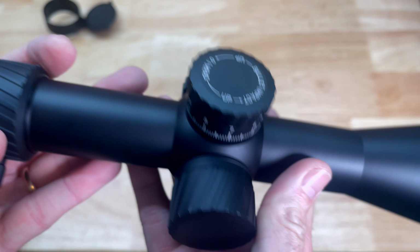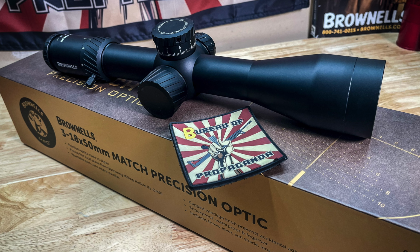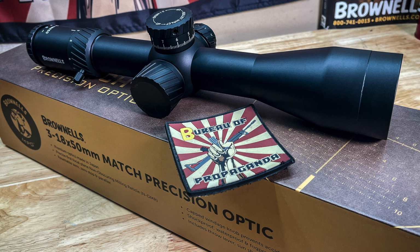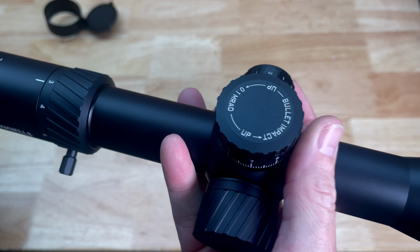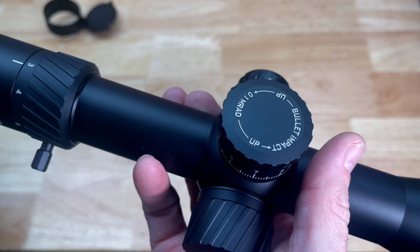This is a 34 millimeter tube, so it is a very large tube. It's not a lightweight optic. It does have a little bit of heft to it. So just to read through the specs for you, 34 millimeter main tube, reticle and turrets in MRAD for quick